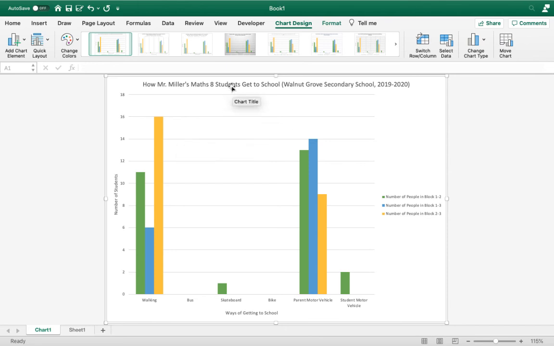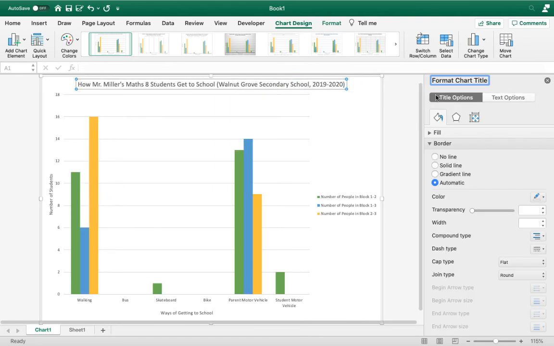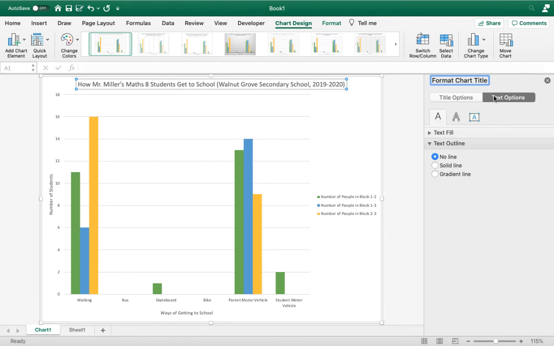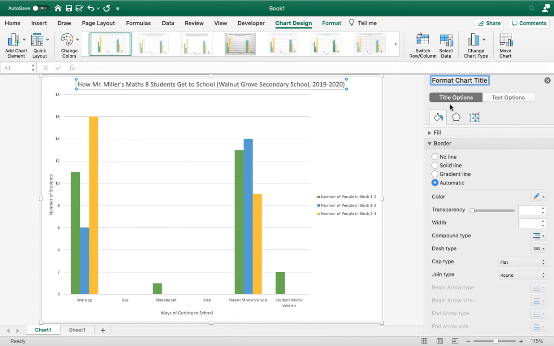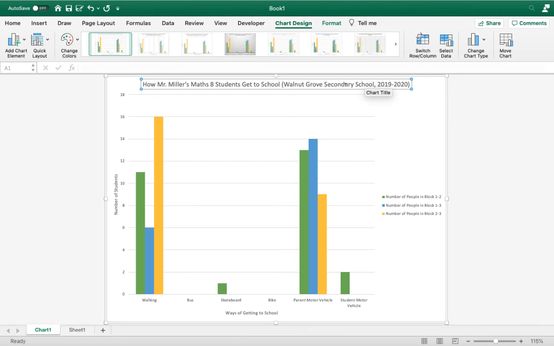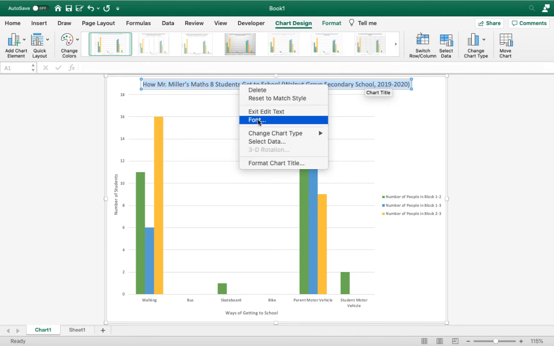You can do all kinds of other fiddling around with it. You can take this stuff and say, well, the text all looks kind of small here, so maybe you want to, I think if you double click on it, it allows you to do the formatting. So text options, title options, let's see. It might take a little bit more playing around with this before you figure out exactly where you can change all of these things. Right, font, yeah,